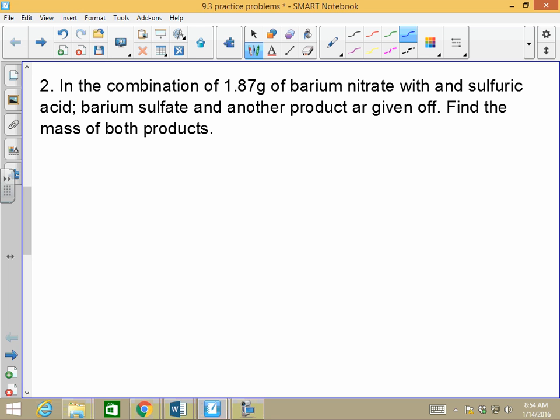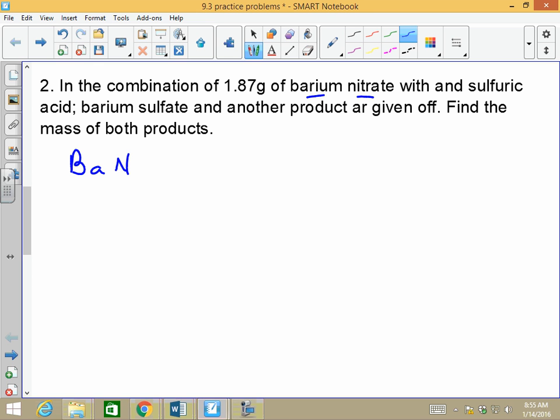And from a full balanced equation, we're going to get the mass of the products based on a mass given to us at the reactants. And the first thing we do is balance the equation. Please look at things carefully. Barium nitrate, as was given to you at first,